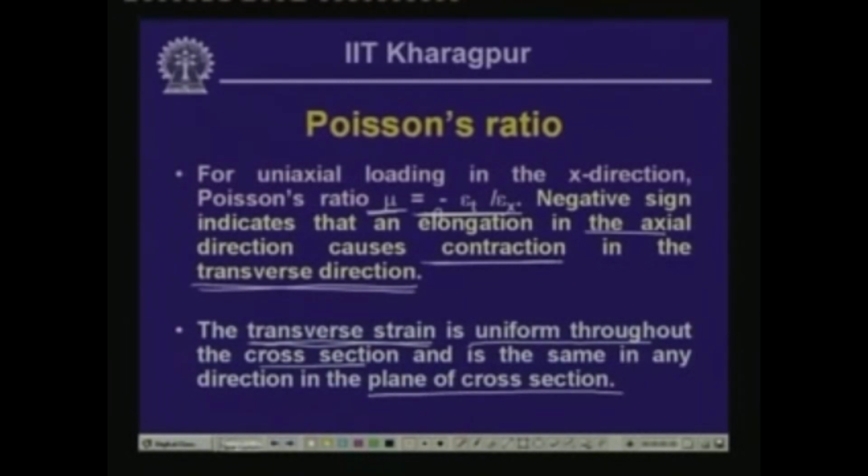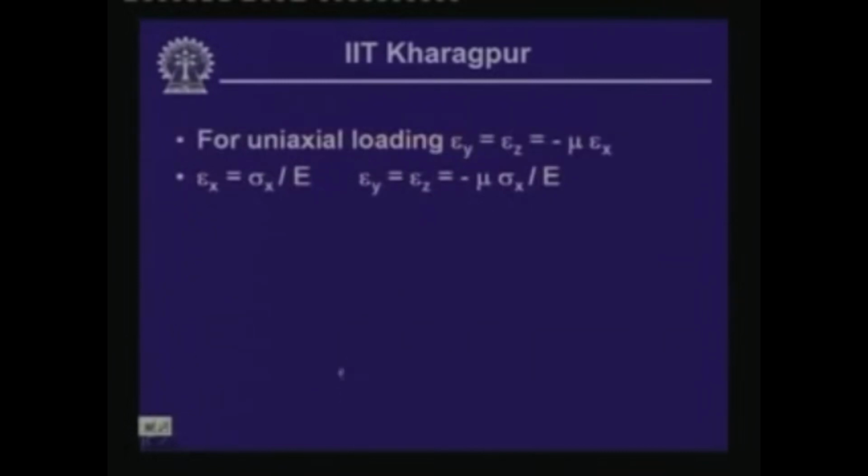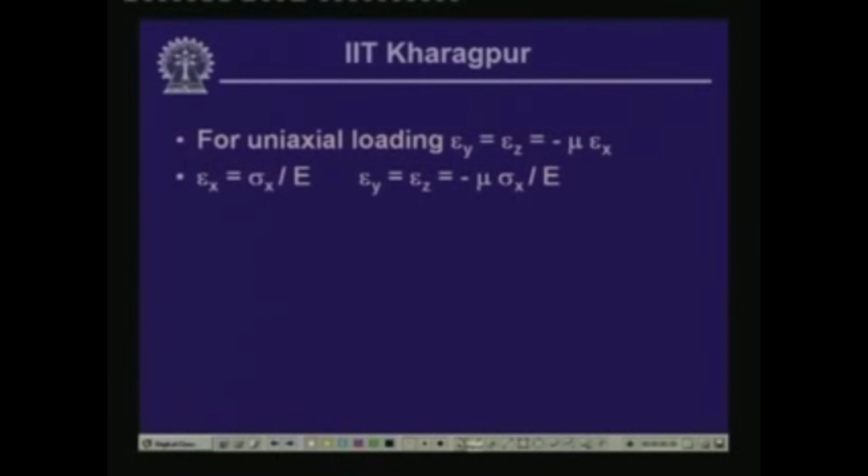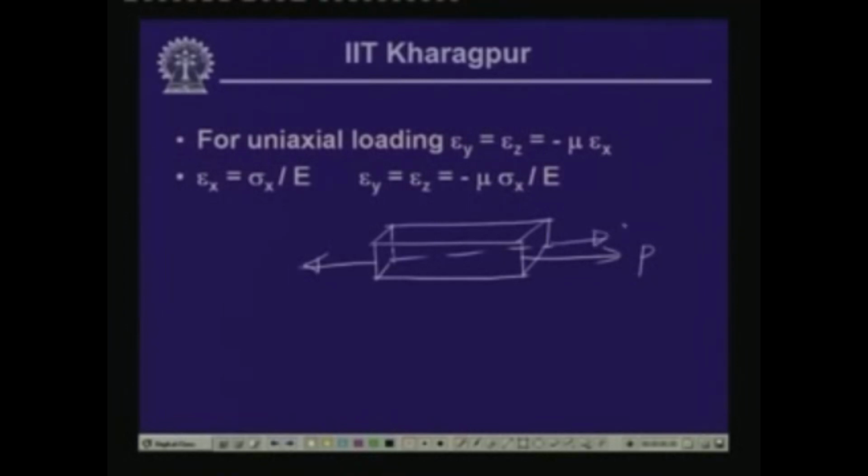So, this leads to the fact that for uniaxial loading, that means a bar loaded in the x direction with an axial pull P, if we call this the x direction, this the y direction and this the z direction,